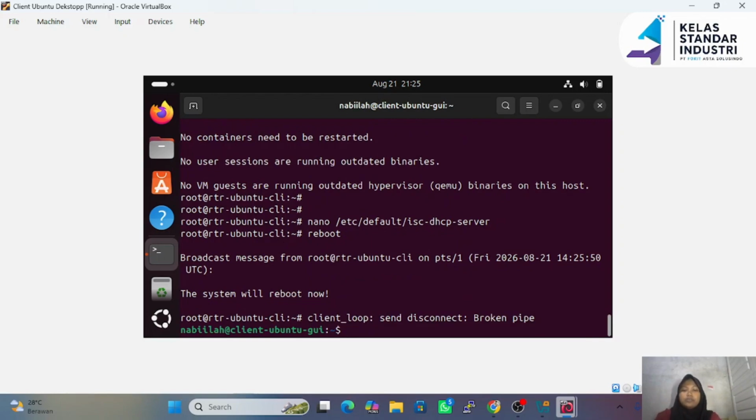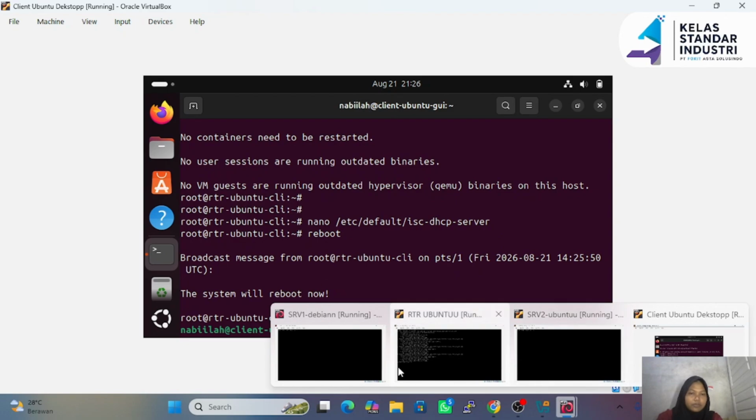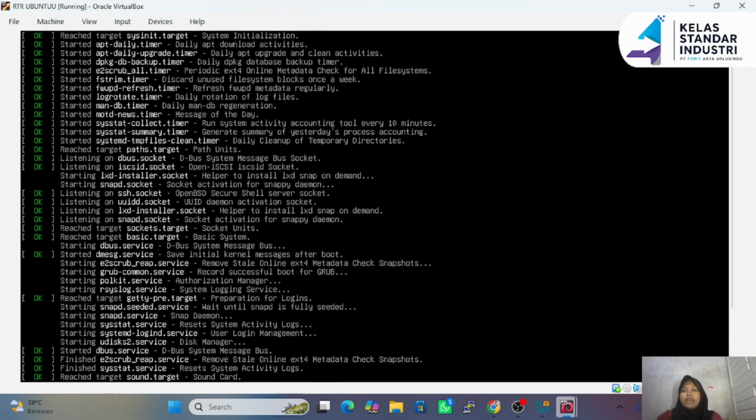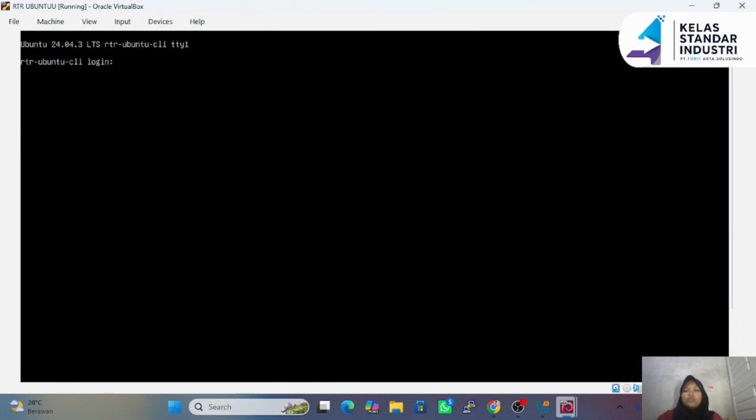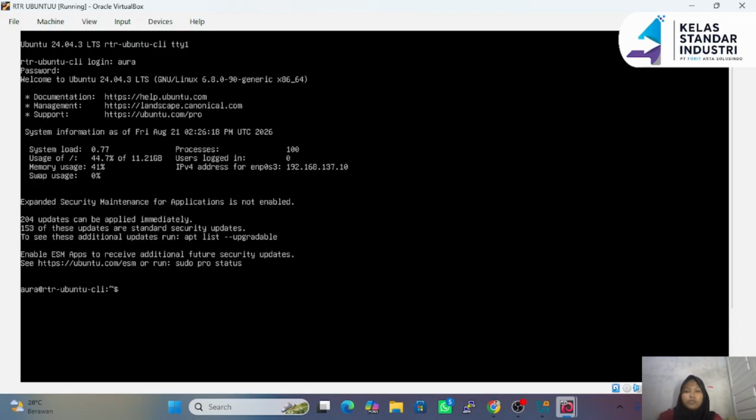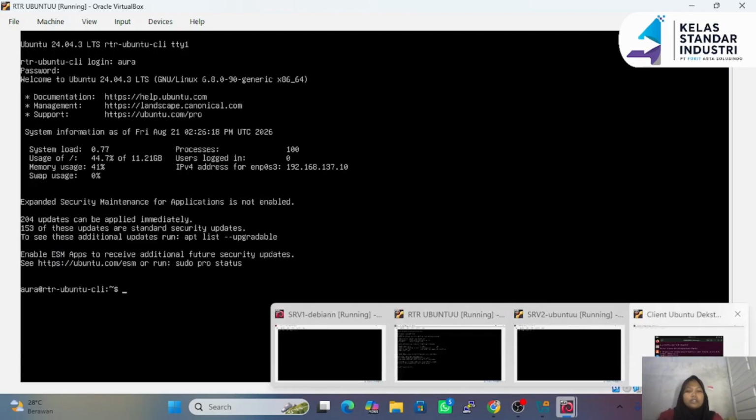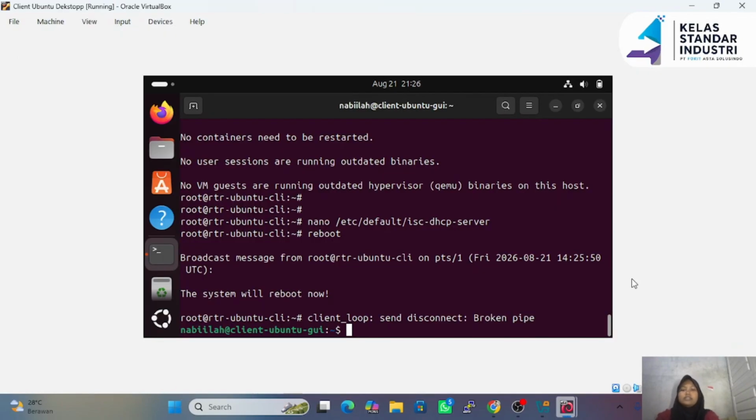After we reboot the router, we'll automatically return to the Ubuntu client. If we check the router, we can see that it's still rebooting. So we just need to wait for the process to finish. Okay guys, after the reboot is done, we can remote into the router again from the client.